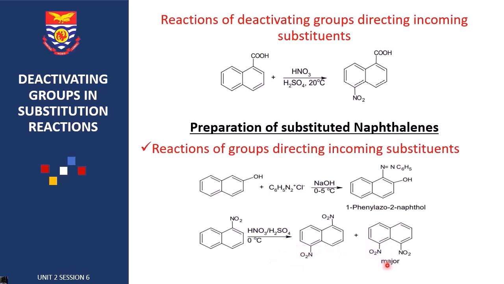In this case, this becomes the major product, whilst the incoming group directed to position number 5 on the second ring is